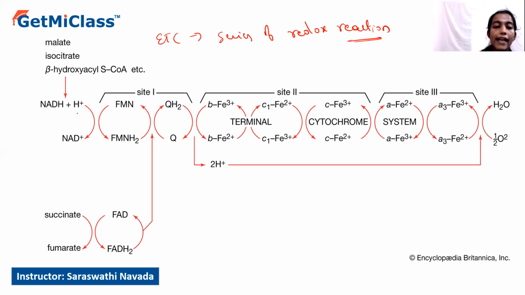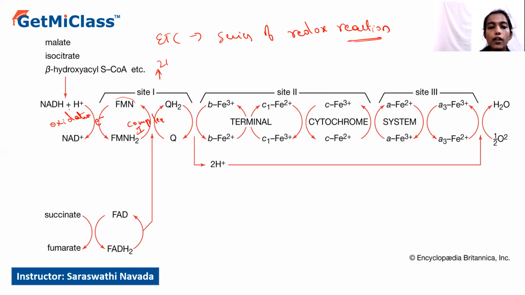So oxidation of NADH is coupled with the release of a hydrogen ion as well as an electron. The high energy electron released upon oxidation of this NADH will first be accepted by the FMN, that is flavin mononucleotide, present in complex 1. So it will be accepted by the FMN molecule, and it gets reduced into FMNH2, and the hydrogen ions that are produced will be released into the